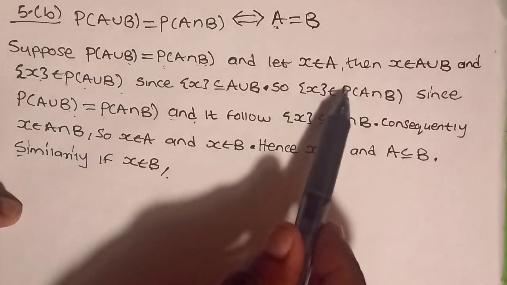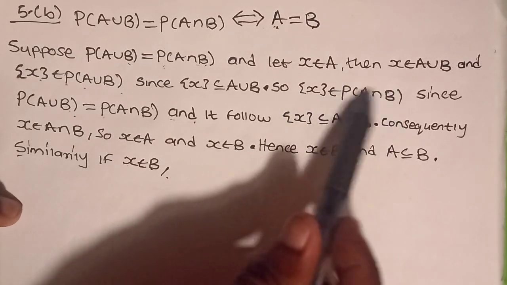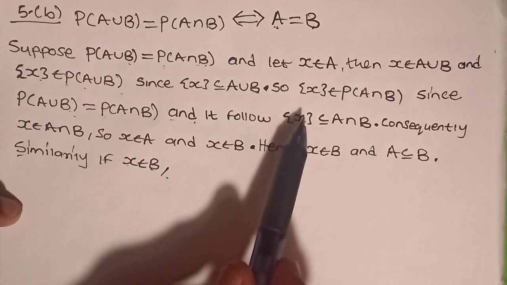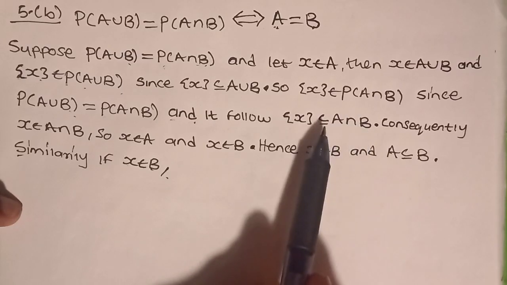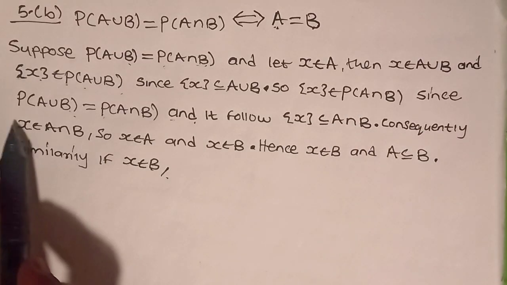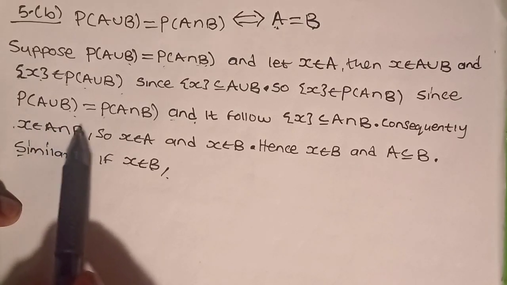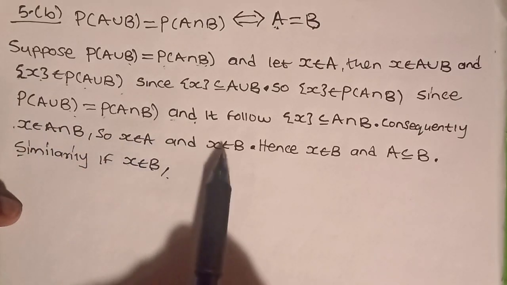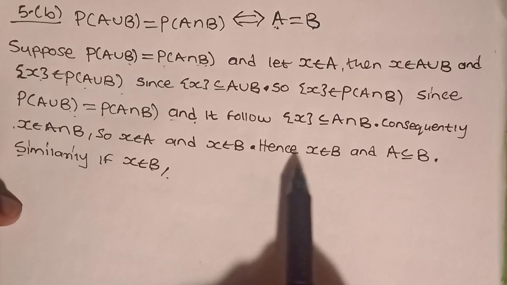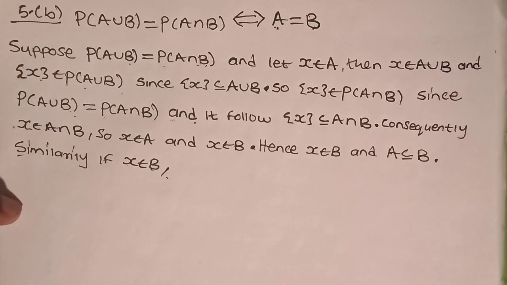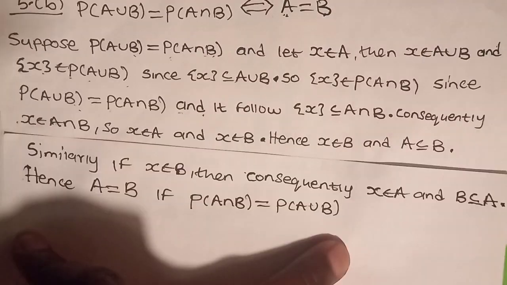singleton X is also an element of the power set of A intersect B, which will lead you to singleton X being a subset of A intersect B. Consequently, you'll get X an element of A intersect B. So X is in A and X is in B. So here you'll have, hence X is in A, and you'll conclude B is a subset of A. So it's just a similar process, just swapping A and B. Hence A equals B if the power set of A intersect B is the same as the power set